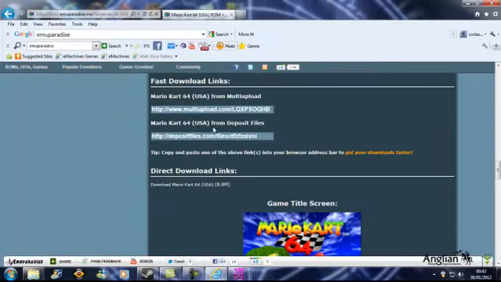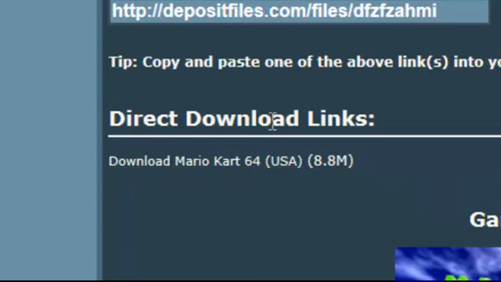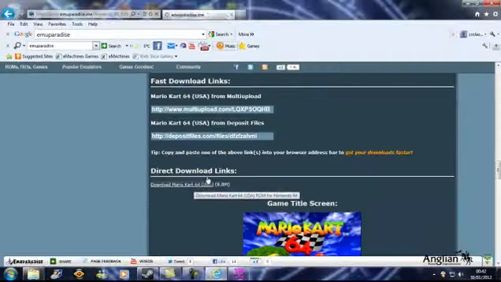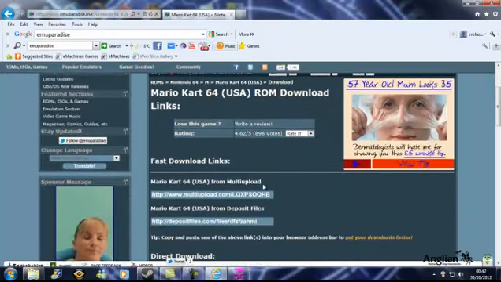Keep scrolling down, you've got a couple of fast download links. You can copy them into the search bar if you want to, but it's easier just to click download Mario Kart 64 from the direct download links. Now what it'll do is most likely open you up on another page, and 9 times out of 10